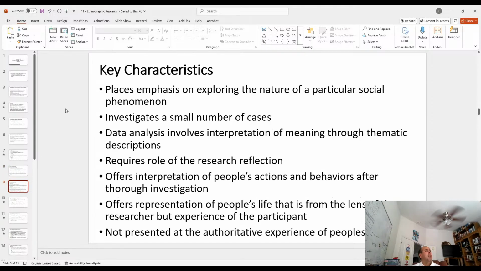Okay. Key characteristics: also placing emphasis on exploring the nature of a particular social phenomenon, investigating a small number of cases. You don't want to do 100 students if you have to observe them. You want to do a small number, maybe 5, maybe 7, maybe 8. That's how you want to design a study, that it's an ethnographic study, small number of cases. The data analysis also involves interpretation of the meaning through thematic description. What does that mean? Is that you may have 50 different findings, but all of those may be around a